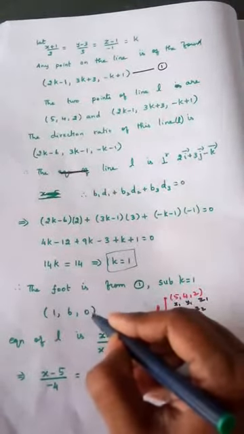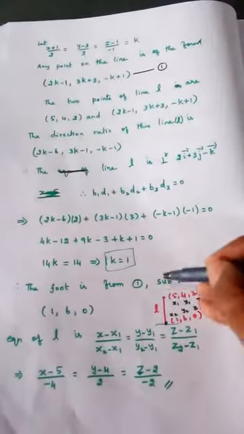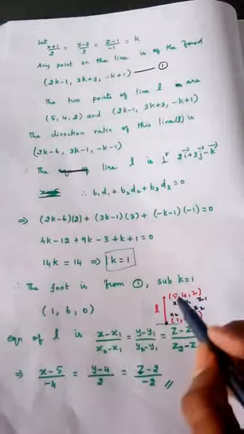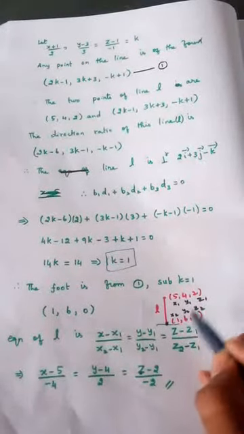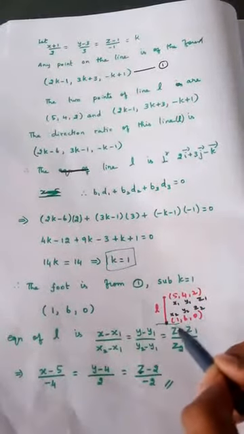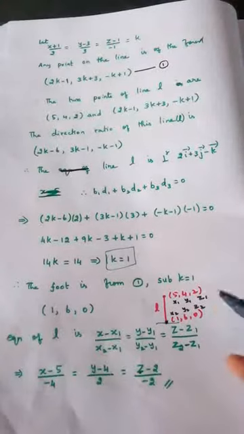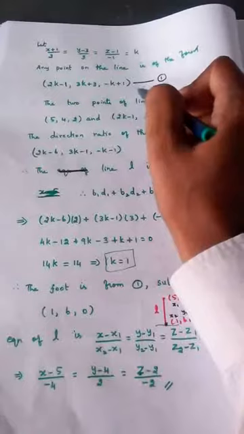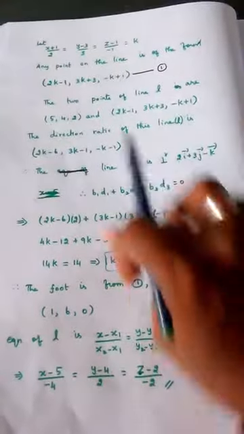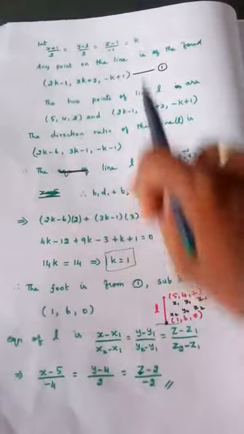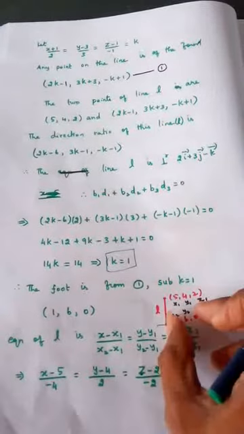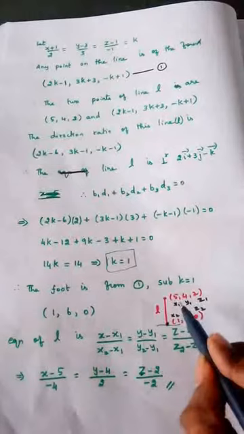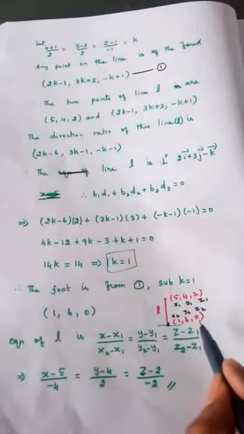This is the first part. What is the second part? Find the equation of the line L. Now in the line L, we know exactly 2 points, 5, 4, 2. Now this point also, the numbers we know now, 1, 6, 0. Before, the numbers we didn't know. Instead of that we had 2k minus 1, 3k plus 3, minus k plus 1. We used this concept and found the k value. Now substituting the k value, clearly we can say the point is (1, 6, 0). Now since in this line L we know 2 points, (5, 4, 2) and (1, 6, 0).